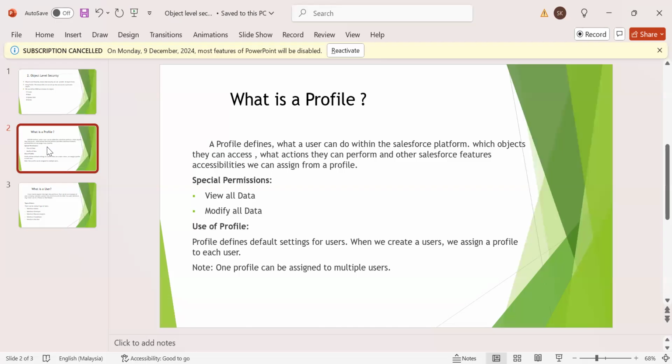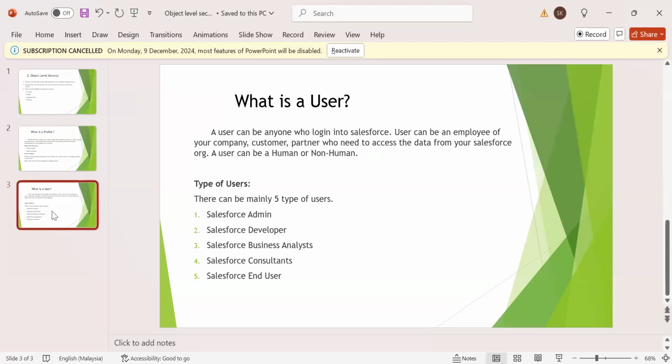So what is a user now? A user can be anyone who logs in to Salesforce. A user can be an employee of your company, a customer, or a partner who needs to access the data from your Salesforce org.